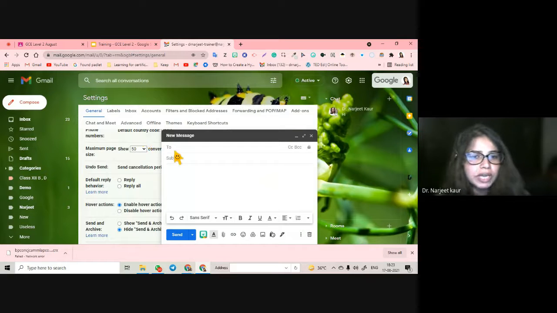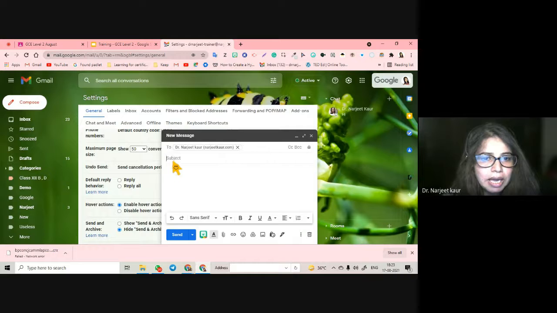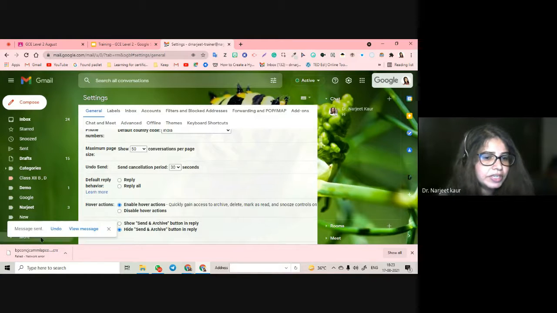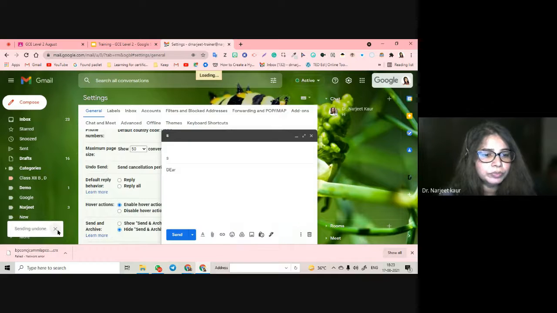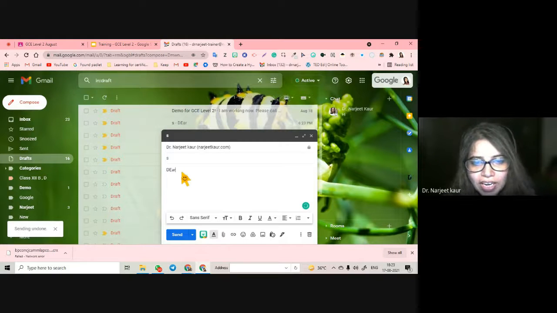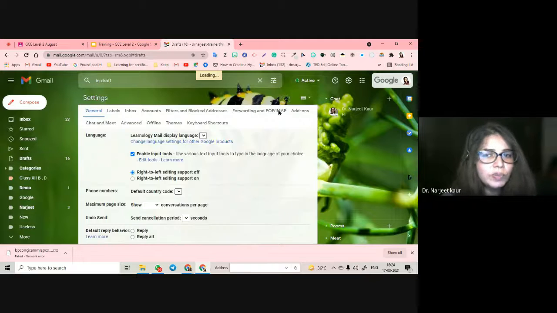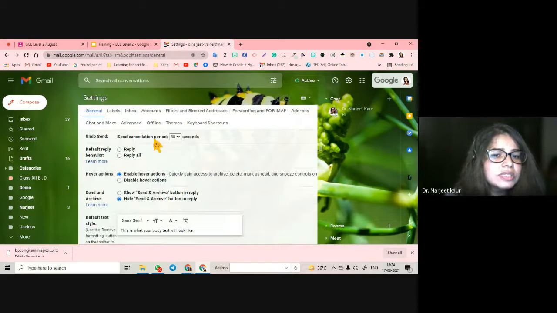So if I go on compose and if I write a mail to somebody and I click on send. So it is sending. It will take 30 seconds. This message, नहीं तो अभी तक 5 seconds में ये चला जाता. But I'm going to wait for 30 seconds, and if I realize that there was some mistake, I can click on undo, and it is going to open up my mail again. I can make changes if I want in the mail, right? It is going to give me more time to decide for my cancellation. This setting you will get in general under undo send.